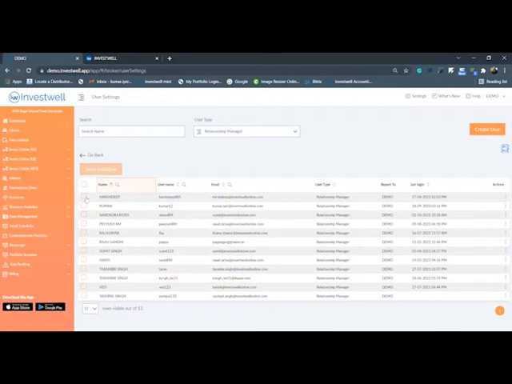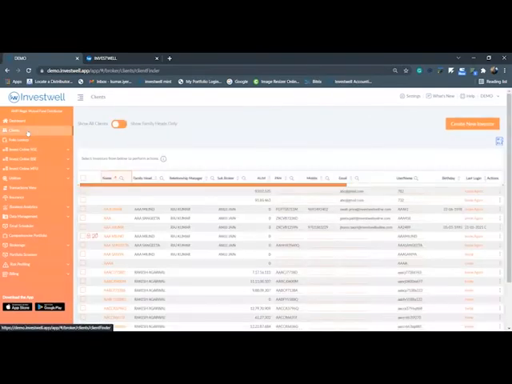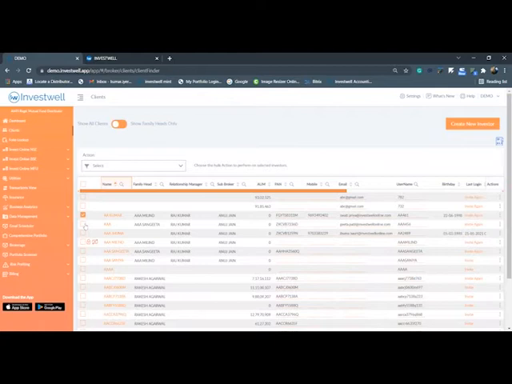Now, the second part, which is important as far as the RM and subbroker, is assigning specific clients to specific RMs and subbrokers. For example, if you have 100 clients, 20 clients belong to Kumar, or 15 clients belong to Kishore RM. That way you have to bifurcate it. For doing such an activity, you need to go back to the clients menu, where it will open up the overall clients' information. And for example, if you want to assign these 5 clients to a specific RM or subbroker, you just need to select a specific client.